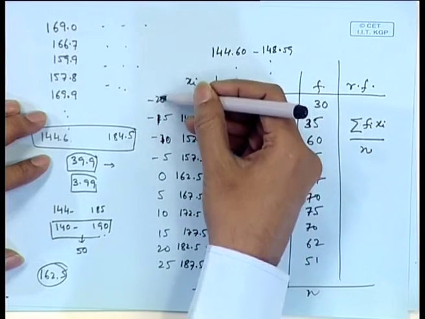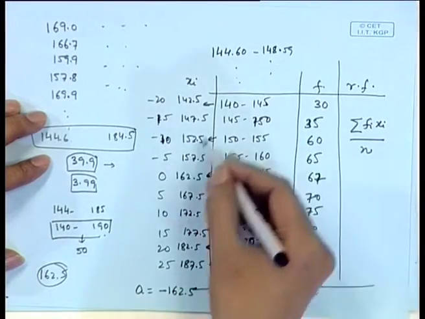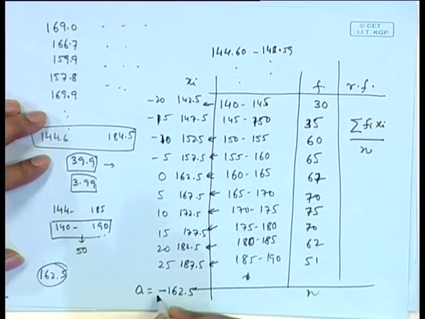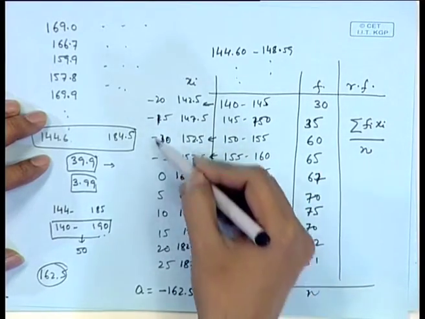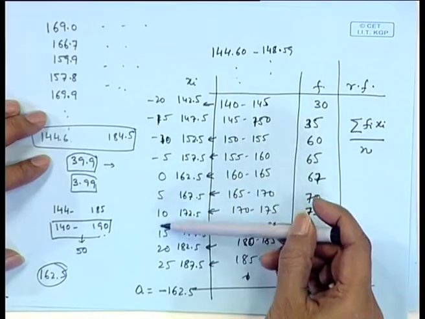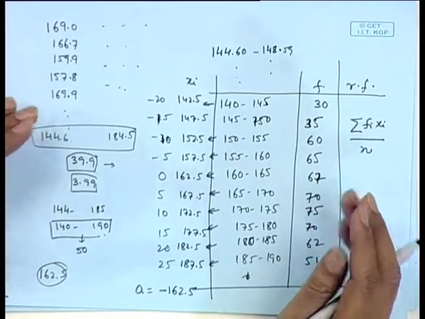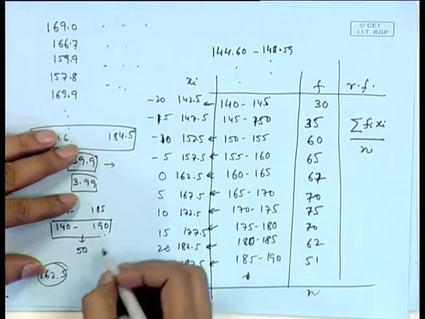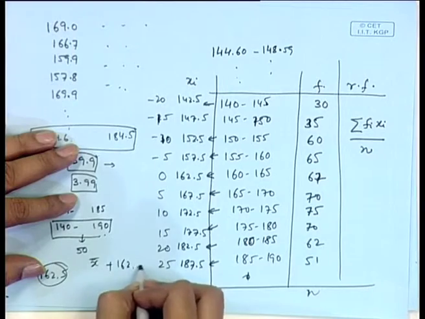Moreover, now if you see here, I have shifted by taking a as minus 162.5. So, whatever average of this would have come, actually it will come as x bar minus 162.5. Now, using this the calculations are much simpler, because these numbers are quite nice round numbers, multiples of 5. So, I can multiply and add. Another thing that has happened is that many minus values are coming. So, plus and minus values will cancel out each other and the total sum will become a much smaller number. So, x bar can be calculated quite easily, and then you just add 162.5.